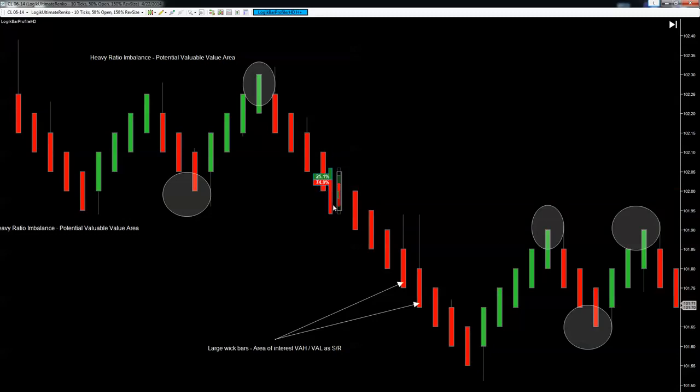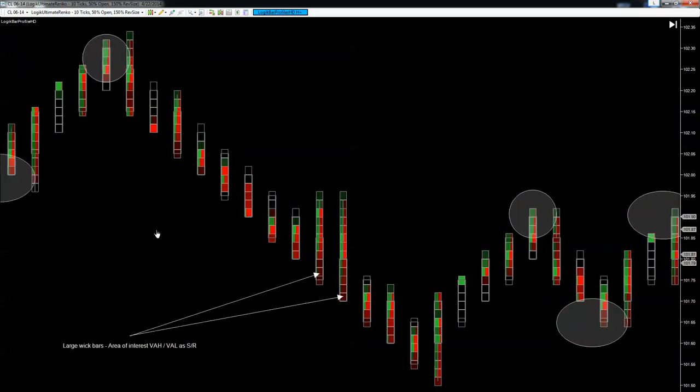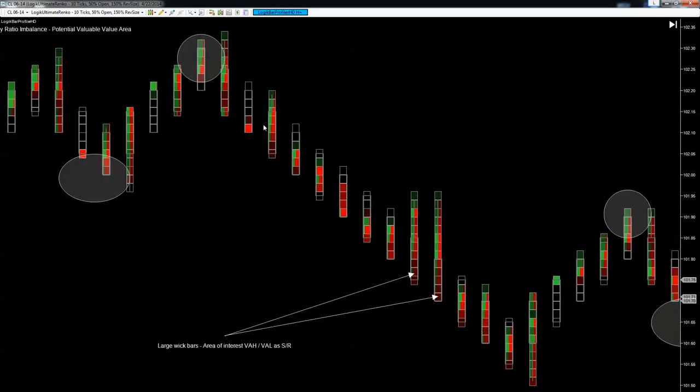Now, right now I have the indicator in a mode that keeps all of the bars looking the same as they would without it. The indicator is very versatile in that you have the option to, on the fly, change how it looks. So I'm going to hold down, I believe it's Control Shift Space to turn it on. So now, the way that it's set up, it's giving you the profile on each bar, and if you notice, it's in a mode that gives you the up to down ticks